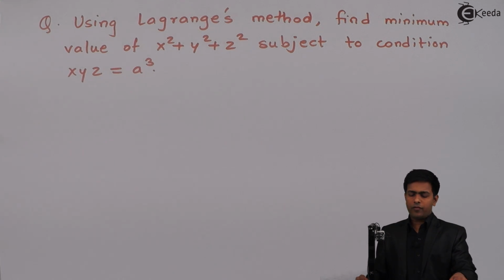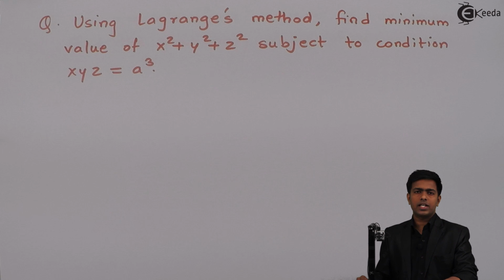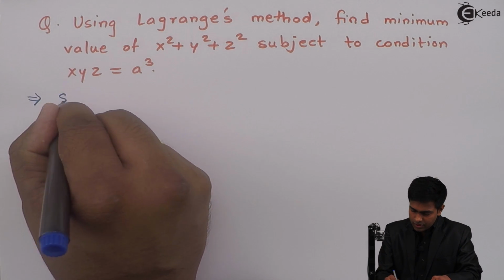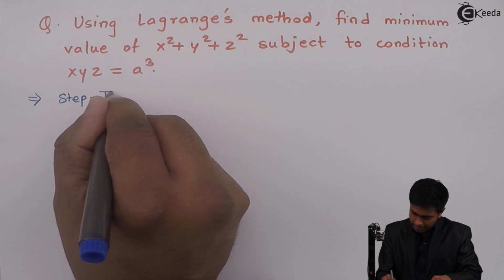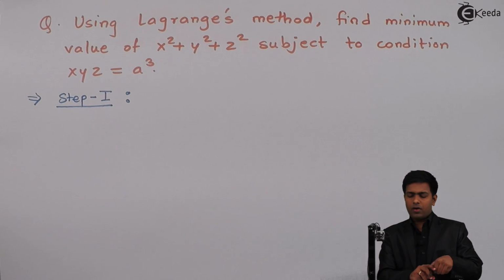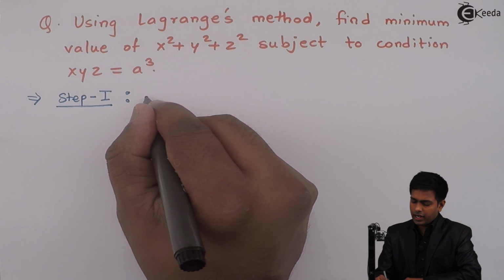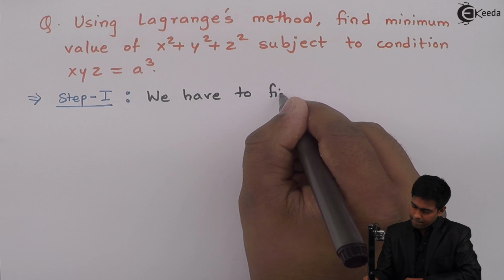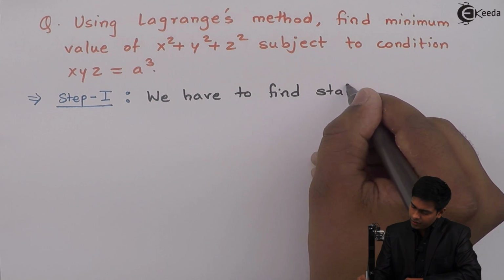So here we will follow these two steps to get the stationary values and to get the minimum value of the given function x square plus y square plus z square. So here I will say step number 1. In step number 1 we will write down the problem. So here I will say we have to find stationary value